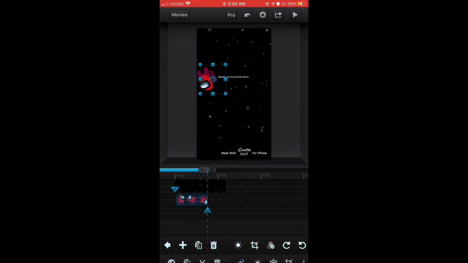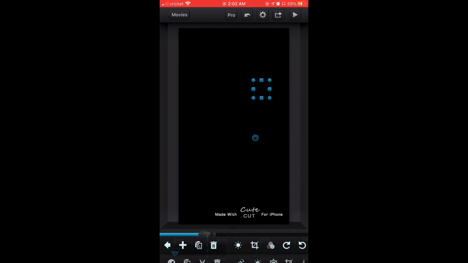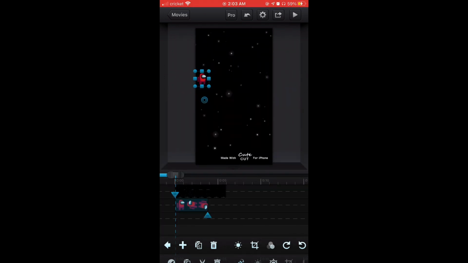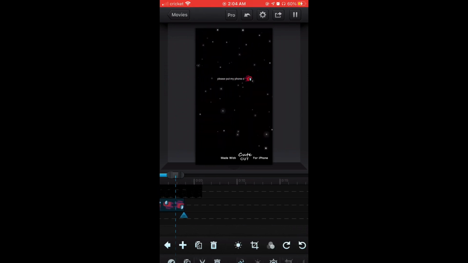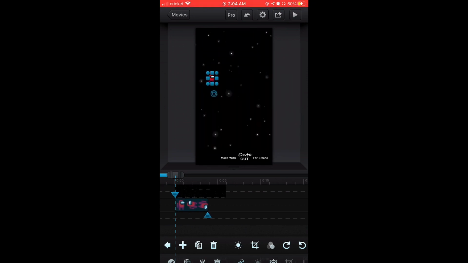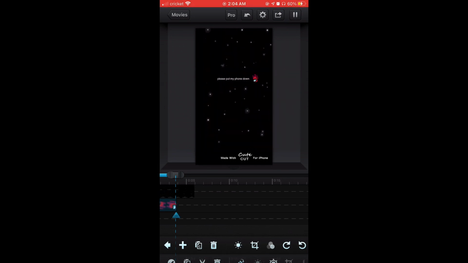So what I did here was I just let him stay big, and then I moved him completely like that, and then I made him smaller. And then I moved the little guy where I wanted it. And then this was at the end of the transition. You can see that on the little slidey thing, so I moved it back to the beginning. And then I just did the same thing here. I moved it to where I wanted it to start, and then where I wanted it to end. So this is about where I started figuring out that this is how I wanted it. And then I moved that little blue circle that you see away from the little square, I moved it back into the middle of everything